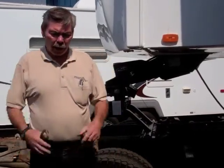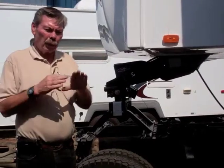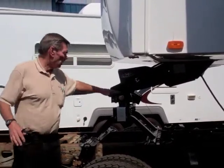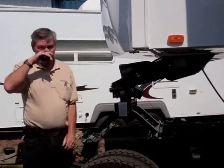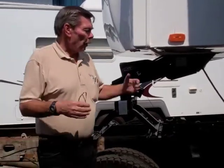Next move I do is I leave the legs down the way it is. I'll get in the truck and I'll just put it in drive with it running and just barely take my foot off the brake. And what I'm doing is putting some pressure on this pin to make sure, again, double safety check, that I can't pull out from underneath it. We know we aren't going to be able to. So the next move now is actually